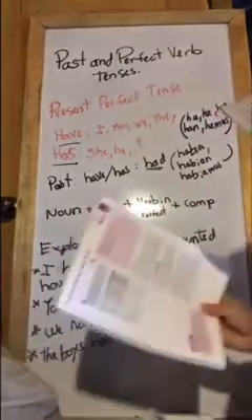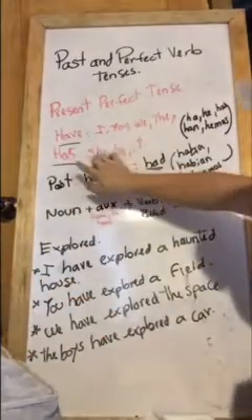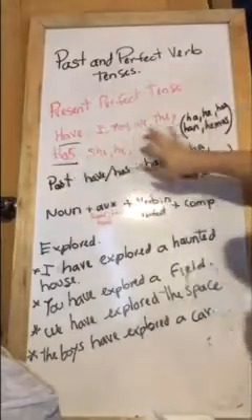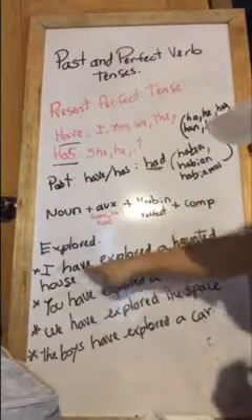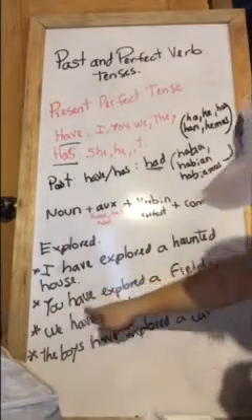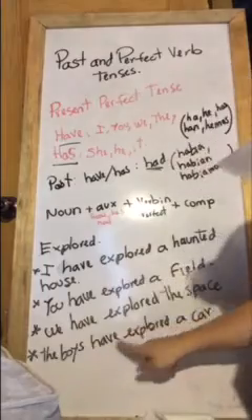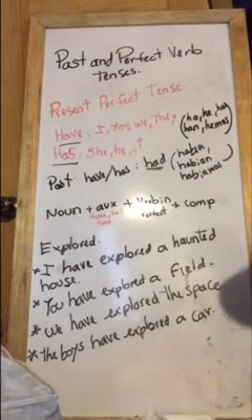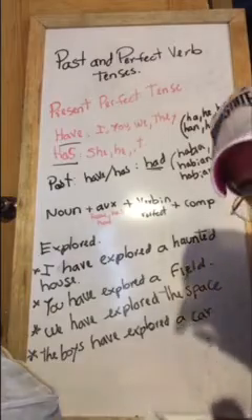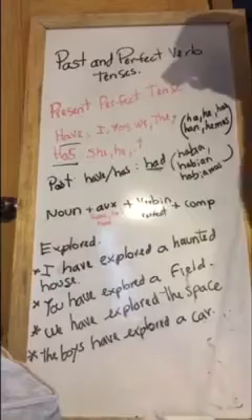Now, you have to do explore with has. So you have she has explored, he has explored, it has explored, and then with had: I had explored, you had explored, we had explored, the boys had explored in the past tense. All of those sentences we're going to continue making. Okay, so you can stop the video if you want. I'm going to erase